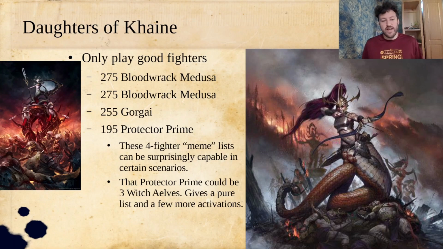So here I've got a Protector Prime with the 3-inch reach. These 4-fighter kind of meme lists, they can be completely unplayable in some situations and then completely overwhelming and powerful in others. So as long as you're not playing like a ton of objective missions, a list like this can actually do some work, because those Medusas have 7-inch